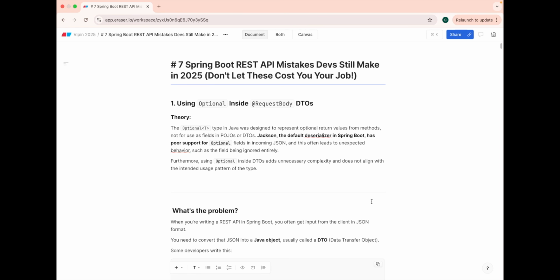So let's get started. The very first mistake that we make is to extensively use Java 8 new features, and we are so keen about it that we just start using Optional everywhere to prevent NullPointerExceptions. You might be thinking, yes, when you get a request from the user, you don't want to have NullPointerExceptions if the user mistakenly sent null data. But in that scenario, you end up using Optional in the DTOs, the request DTOs that you are going to get from the UI. And that is where you do the wrong thing.